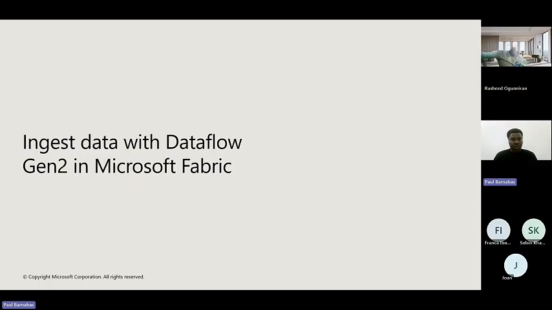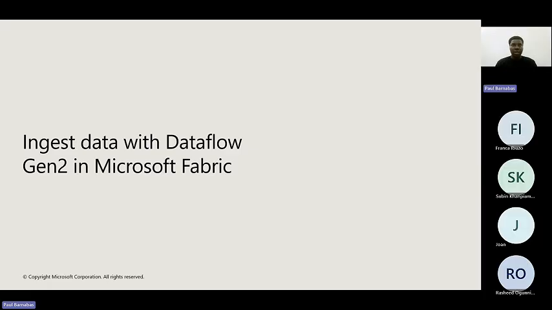Okay, so we talked about Lakehouse, what the foundation of a Lakehouse is within the context of Microsoft Fabric, how it's a combination of both a file storage system and an SQL endpoint, which you can use essentially to write SQL queries, T-SQL in this case, against your files that are stored in Delta format. So we will continue from that